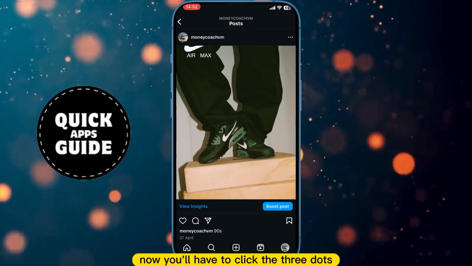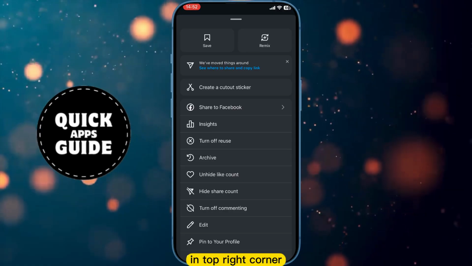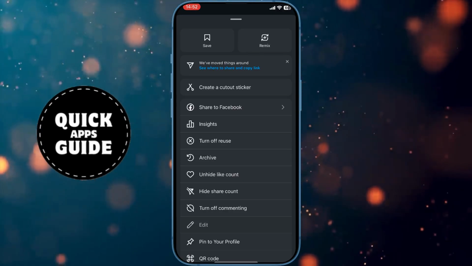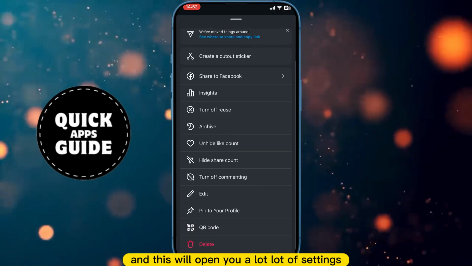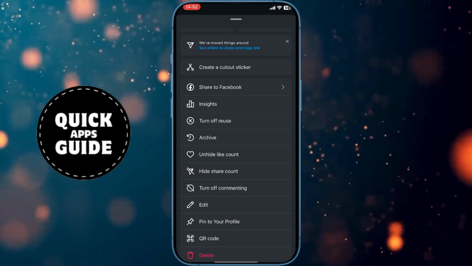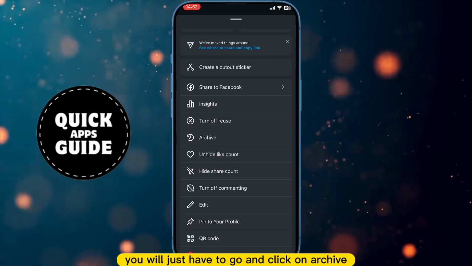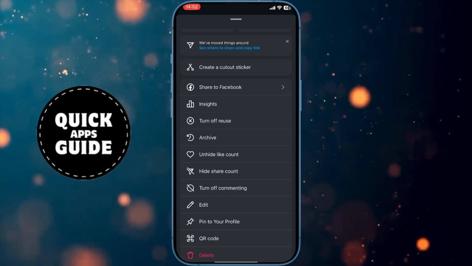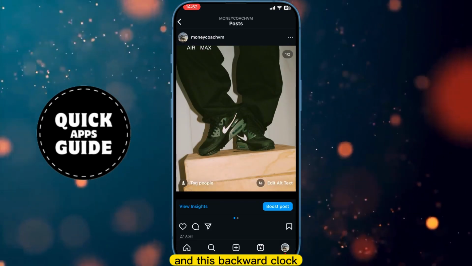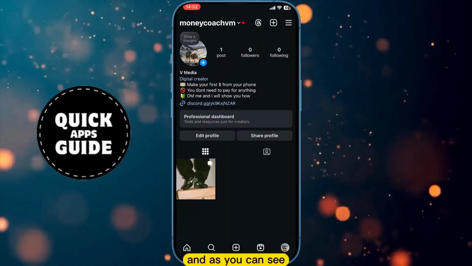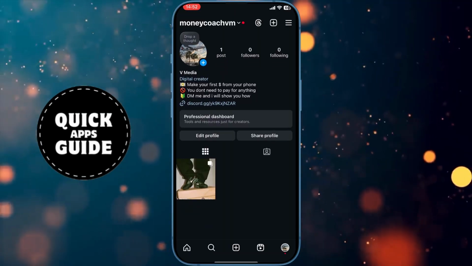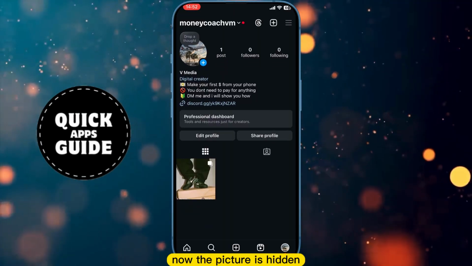Now you'll have to click the three dots in the top right corner, and this will open a lot of settings. You will just have to go and click on archive, this backward clock. And as you can see, now the picture is hidden,